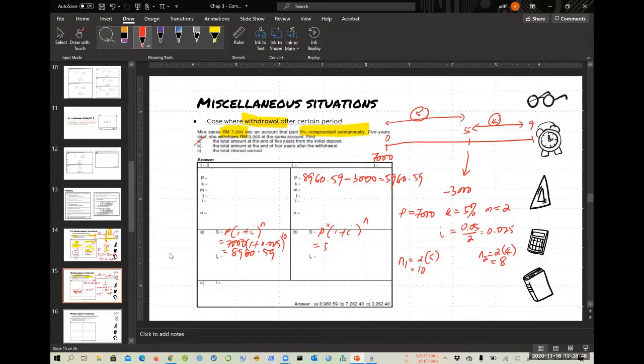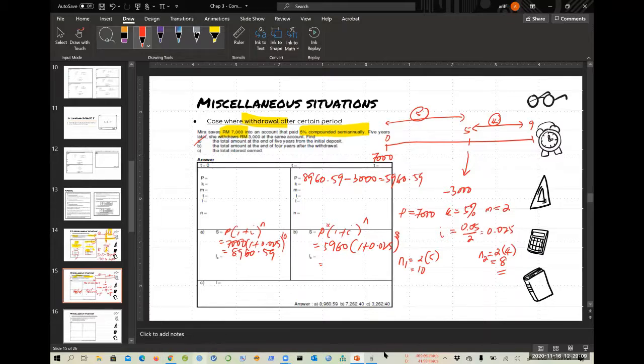So 5960 times (1 plus 0.025) to the power of 8, because now N2 is equal to 8. So calculate this one, you should get the value to be,